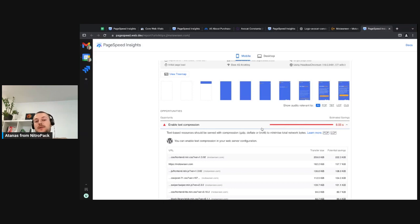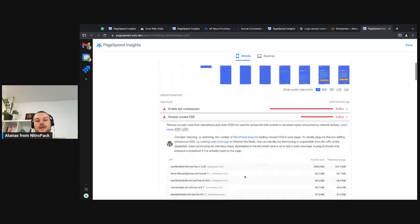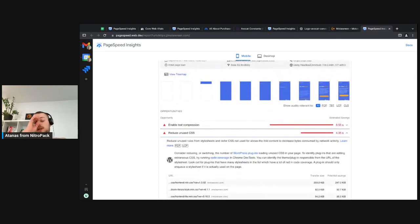In this example, just enabling the text compression will help the website owner save 8.5 seconds from the loading time. This is a very big impact, and this can be easily enabled on the server level, either by the site owner, or the hosting company can always assist with that. We have the same thing here, reduce unused CSS. For websites that don't use caching solutions,